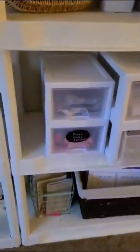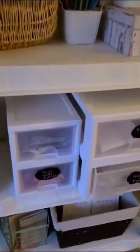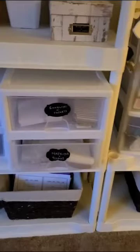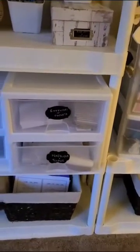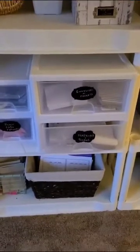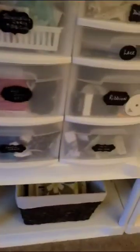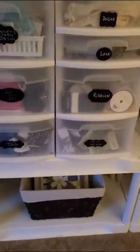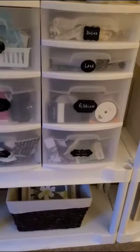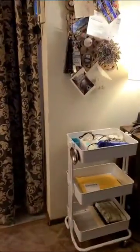Let's see, did I go down there? That turquoise basket is blank journals for just any purpose, not really anything that I've started working in or whatever. That basket is business stuff from my other office that I haven't quite figured out what I'm going to do with. I'm probably going to go through that. And then that's notebooks and stuff that I write in, fiction. Like I have a binder for storytelling. So this is